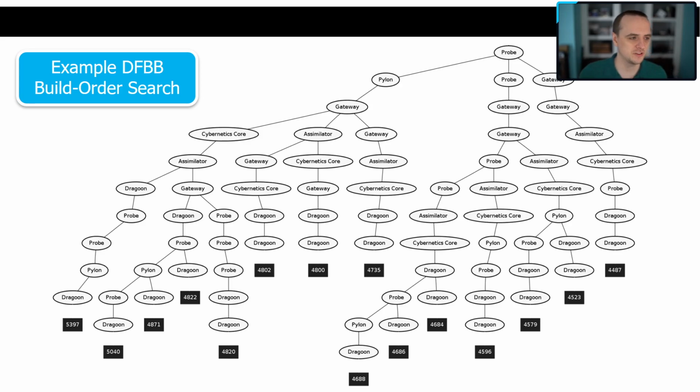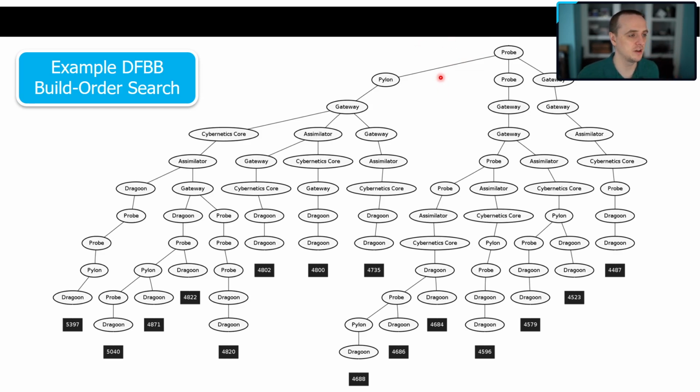Okie doke. So what does that actually look like when we're talking about build orders? Well, here is a search tree for build orders. I've started by building a probe, and I'm at a current state of the game. From every state of the game, there are a certain number of actions that are actually legal for me to build. So at the very start of the game, if I just have one pylon, the things I can build legally are another pylon, a probe, and a gateway. That's all I can build.